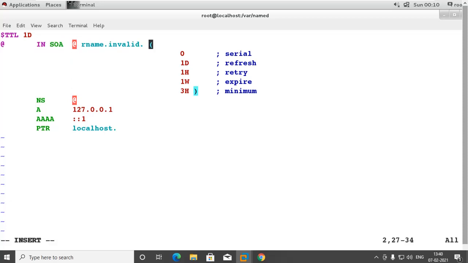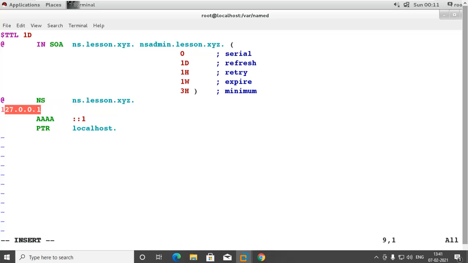We will keep it the same as we did for the forward lookup zone, that is ns.lesson.xyz. and the email ID of the name server administrator, lesson.xyz., at the rate name server address is ns.lesson.xyz.